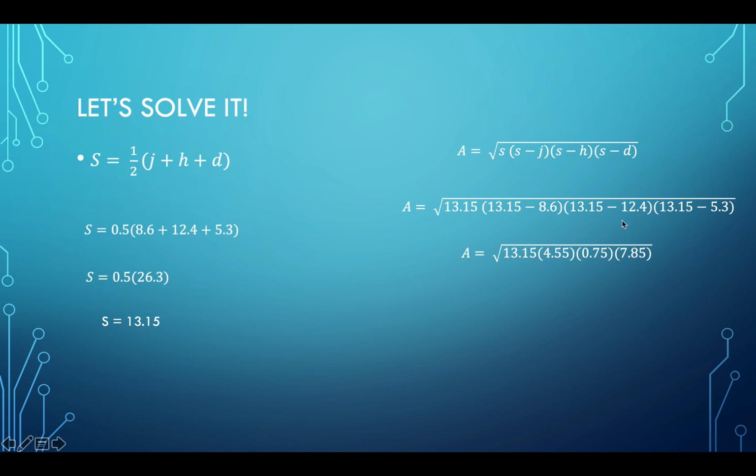13.15 minus 12.4, and we get 0.75, and 13.15 minus 5.3, and we get 8.75. Now at this point, once we get here, I would do 13.15 times 4.55 times 0.75 times 7.85. Once we do that in our calculator, we'll get our area is equal to the square root of